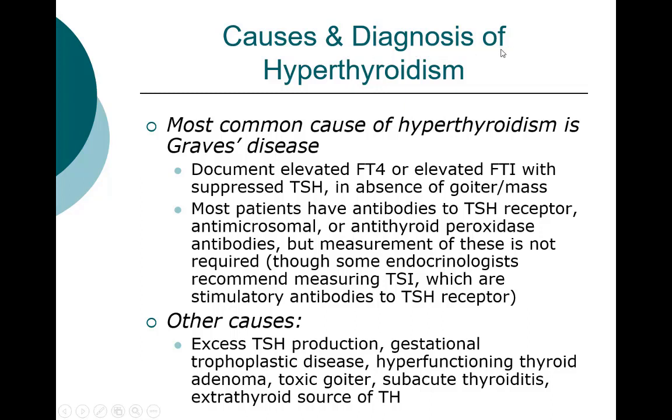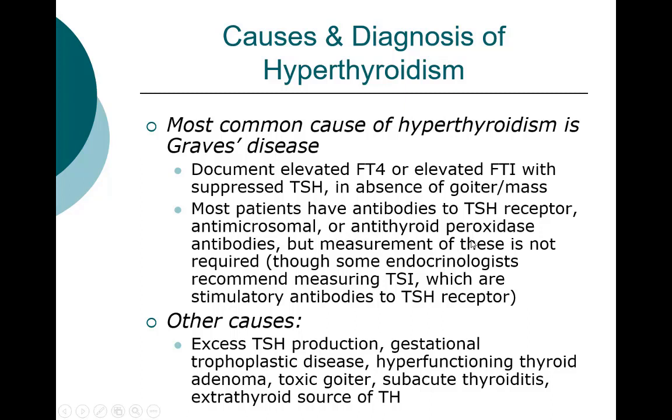What are the causes and diagnosis of hyperthyroidism? Of course, we said the cause is mostly autoimmune. For the diagnosis, we see T3 and T4 elevated, FTI also elevated, and there is decreased TSH level in absence of goiter or mass, and in most patients we find the antibodies high against the TSH receptors,